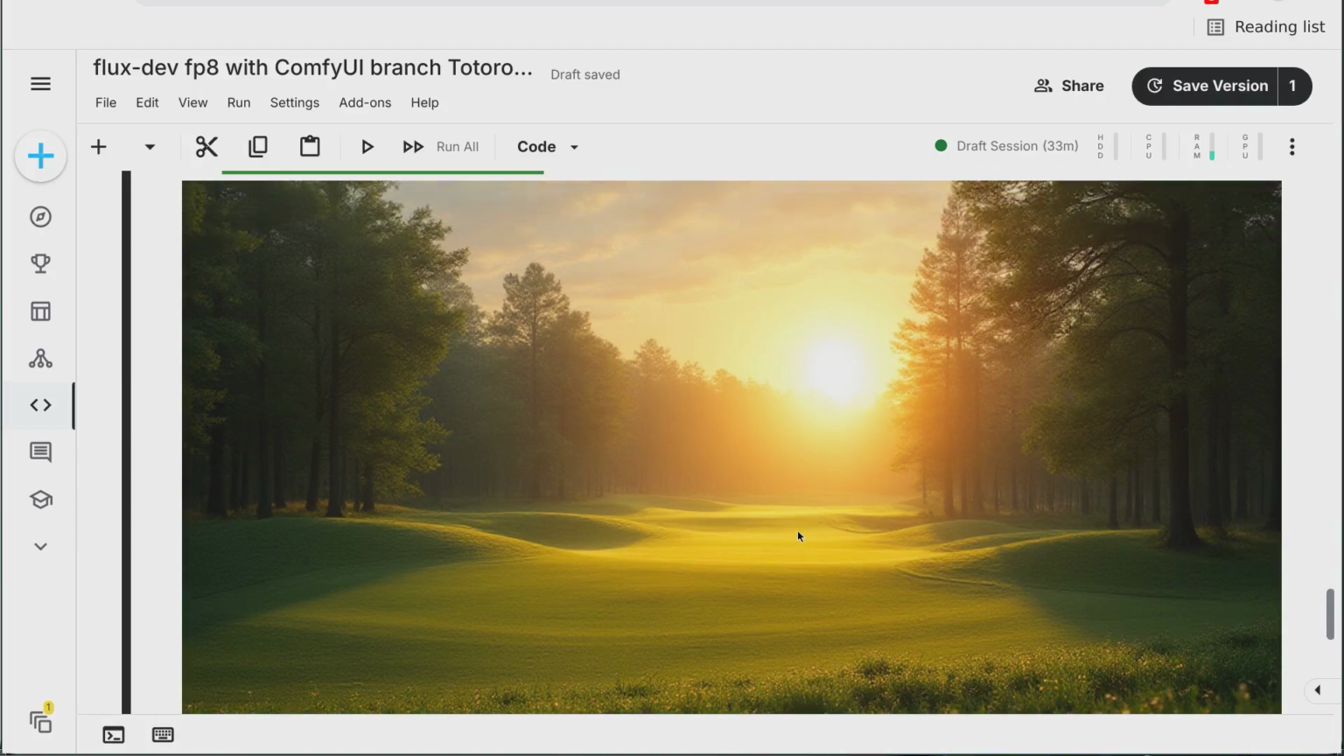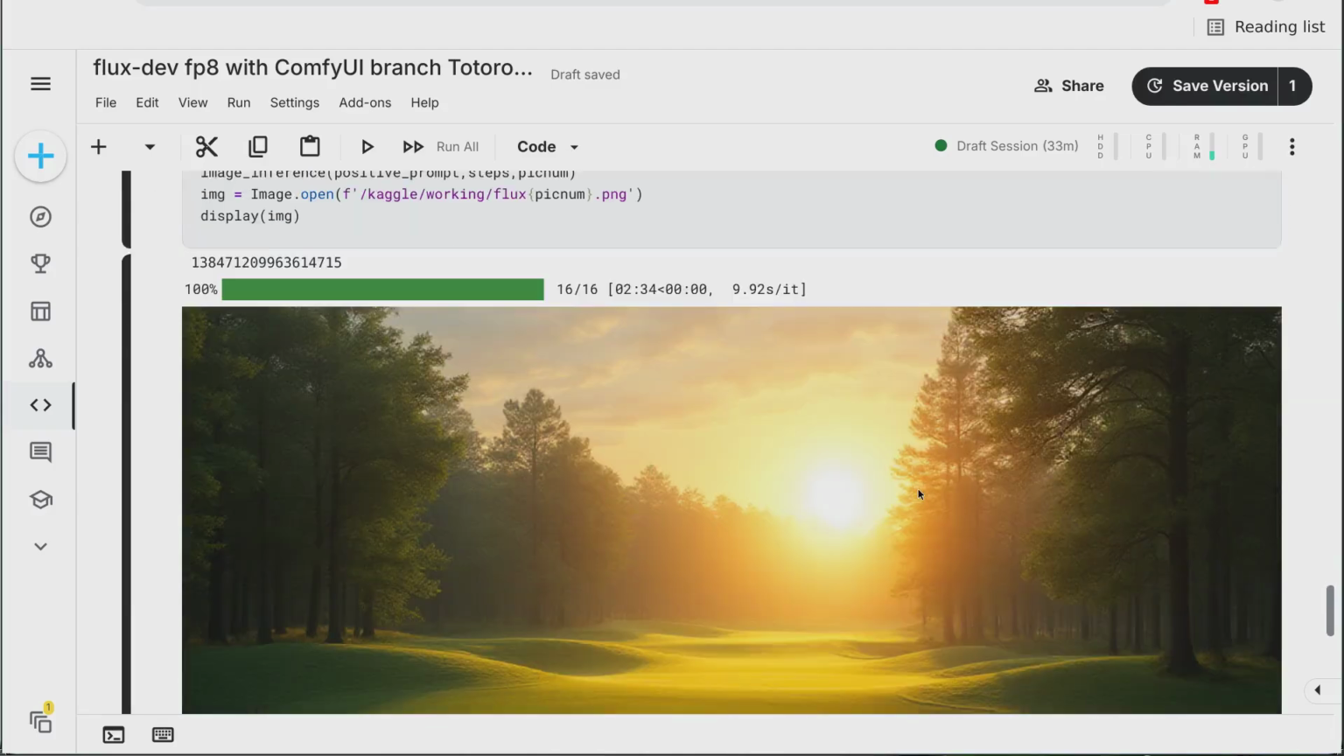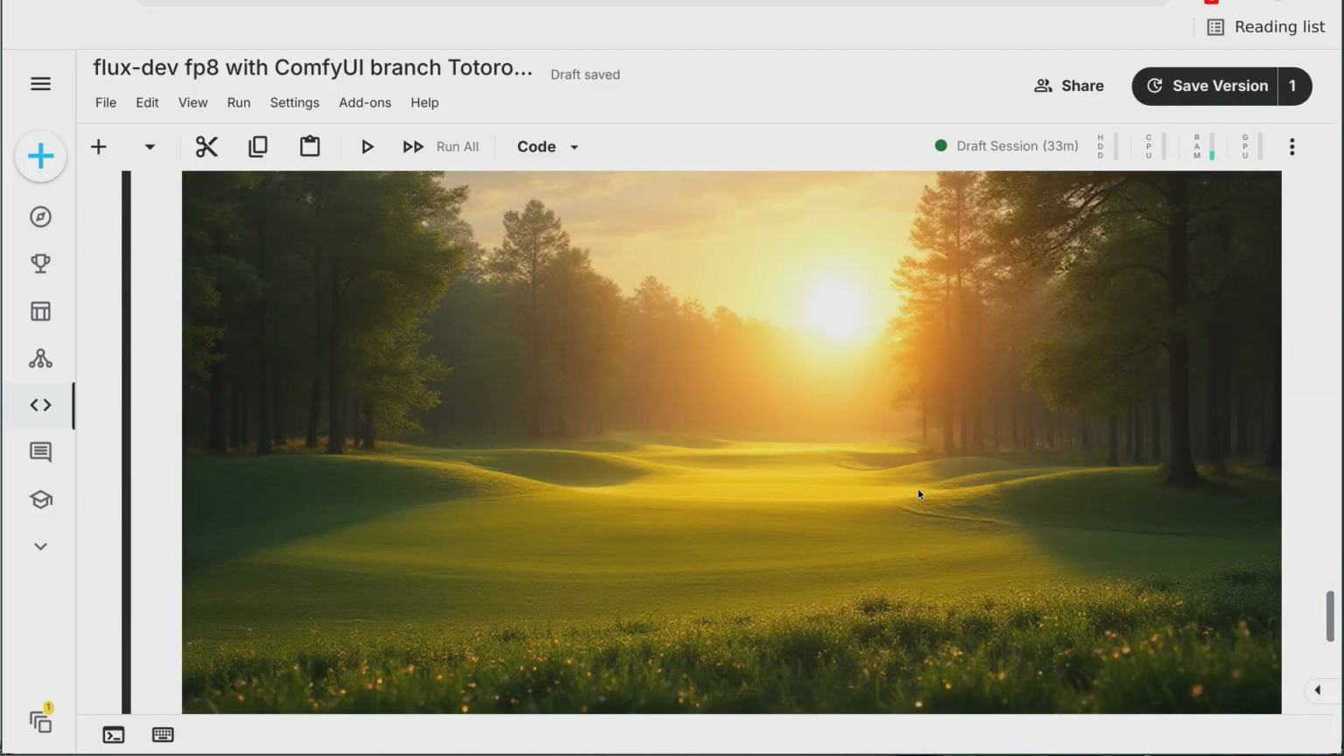It's not a proper golf course. I've had it looking like a proper golf course before. Hey, it ain't too bad there. It's a bit lacking in details, but